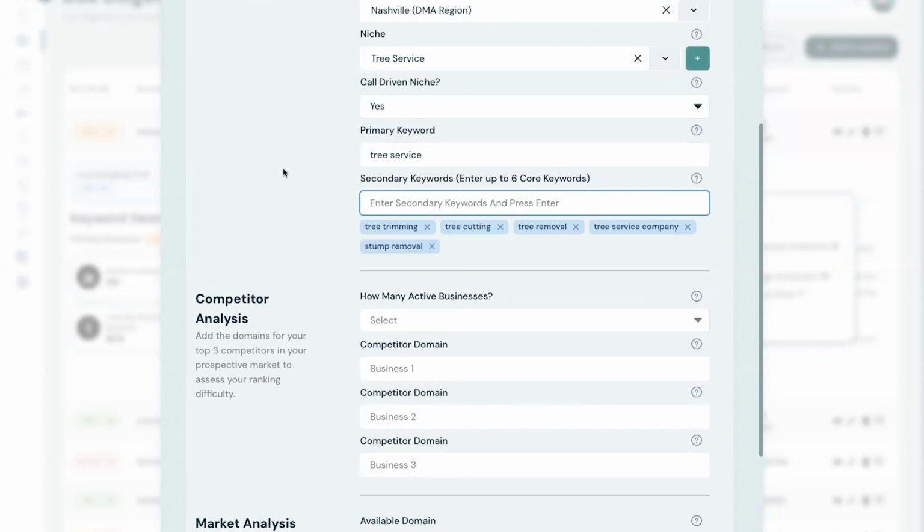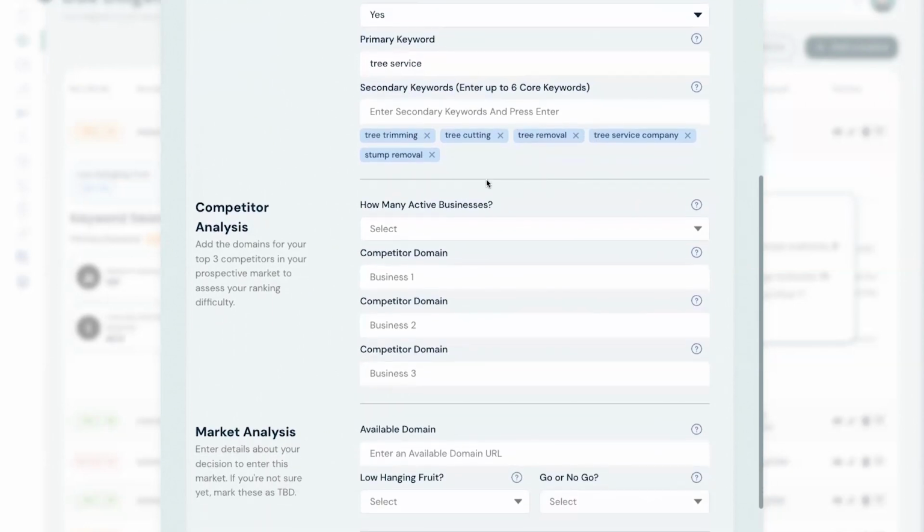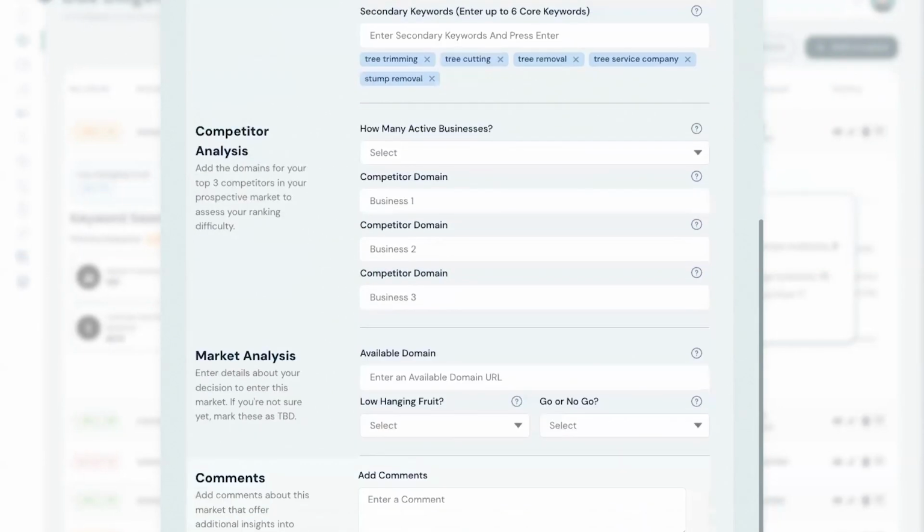All right, so we're going to do up to 6 core keywords. So, guys, this is our primary keyword. These are 6 core keywords. These are the money making keywords, the ones that have high search volume. We're going to find out what that is in a second. One thing to point out, I won't spend much time on this, but guys, if you are doing due diligence and you're only looking at one keyword, you're getting irrelevant data. You're not getting data that's real.